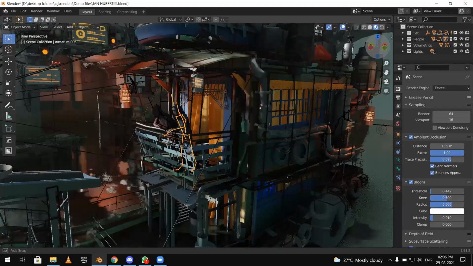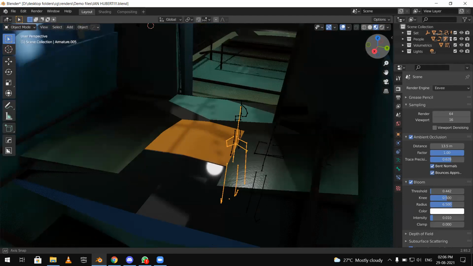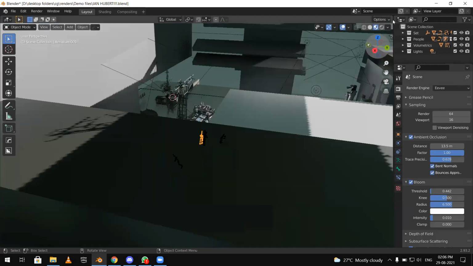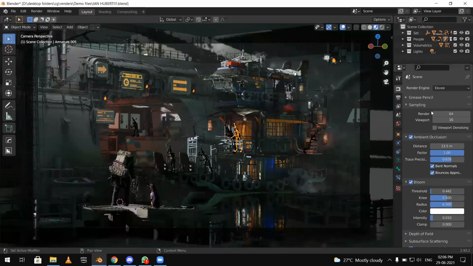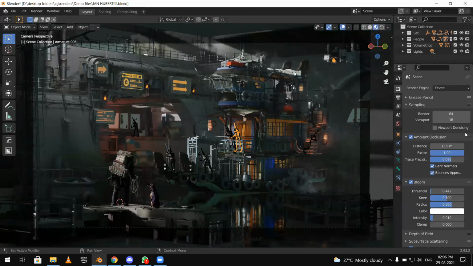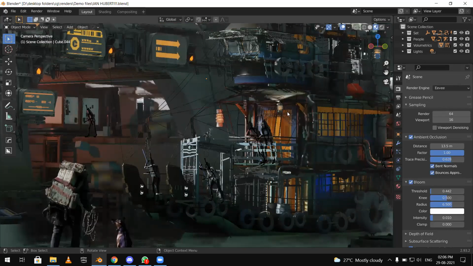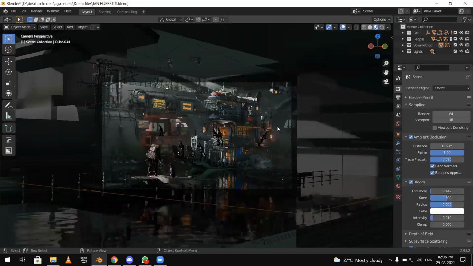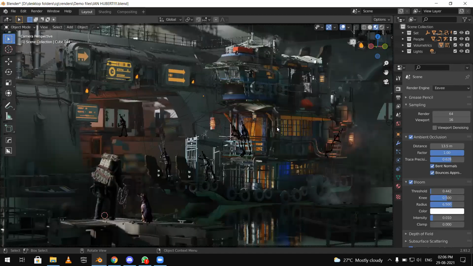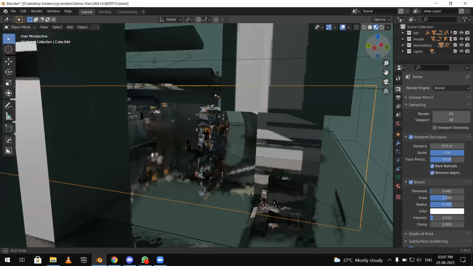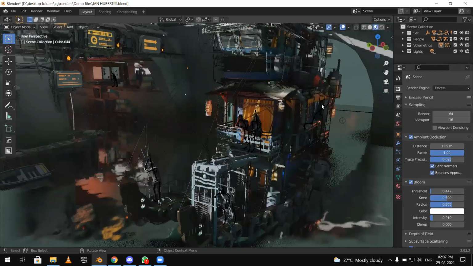One more thing about this file is the quality of how it is made. It's still in EEVEE, and even with very little samples of light, it is a very good scene. It looks almost real. If I render this in Cycles, it will look even more real, but there won't be much difference. But still, you can make such photoreal environments in Blender.